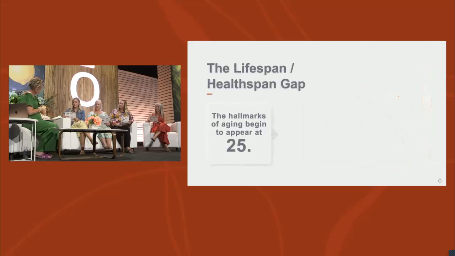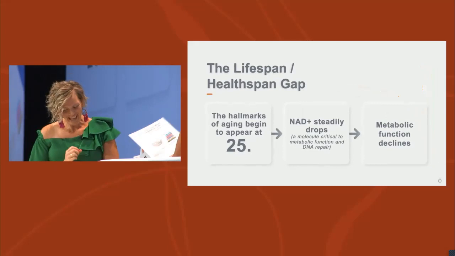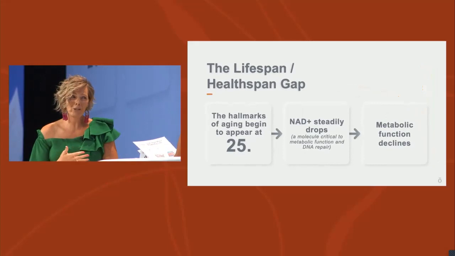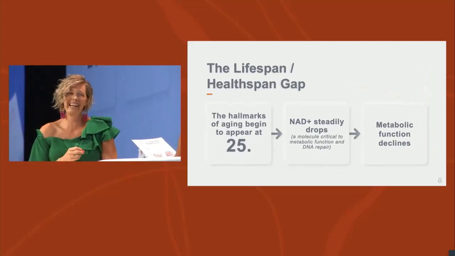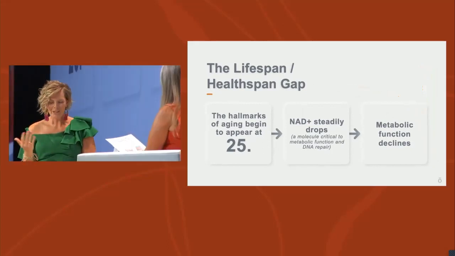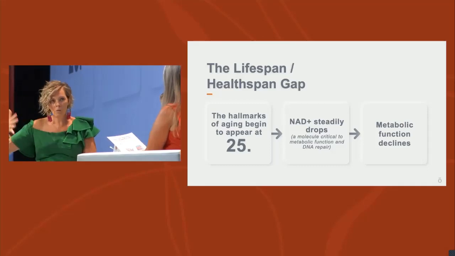So how do we close that gap? I'm very sorry to say that the average healthy person begins aging and begins to appear at age 25. And by the time you reach 50, your body is producing about half of the NAD+ it was when you were 20. I know. So what is NAD+? It is responsible for 2 things, metabolic function and cellular integrity. And there are negative effects on DNA that snowball as those NAD levels decline. So we want those higher, right, to help us live a better life.